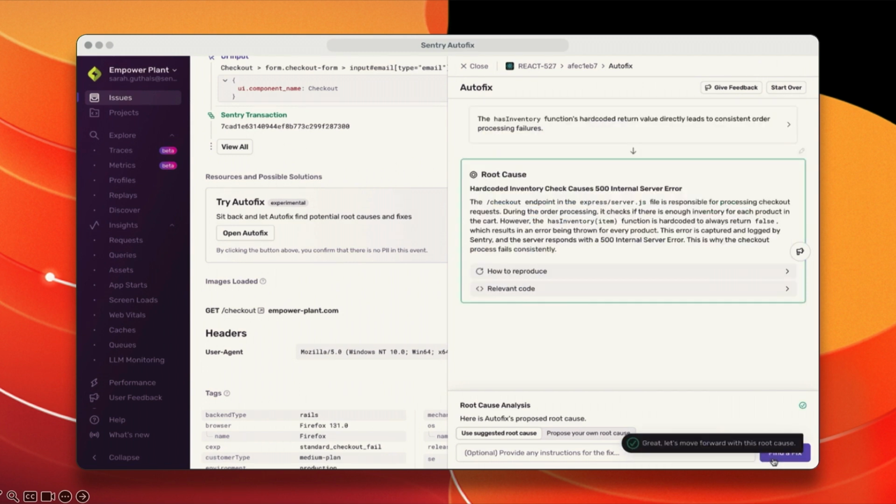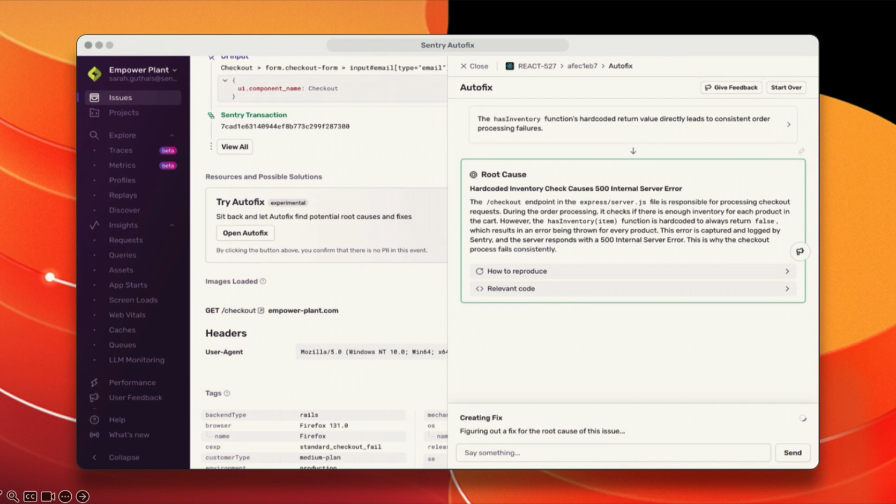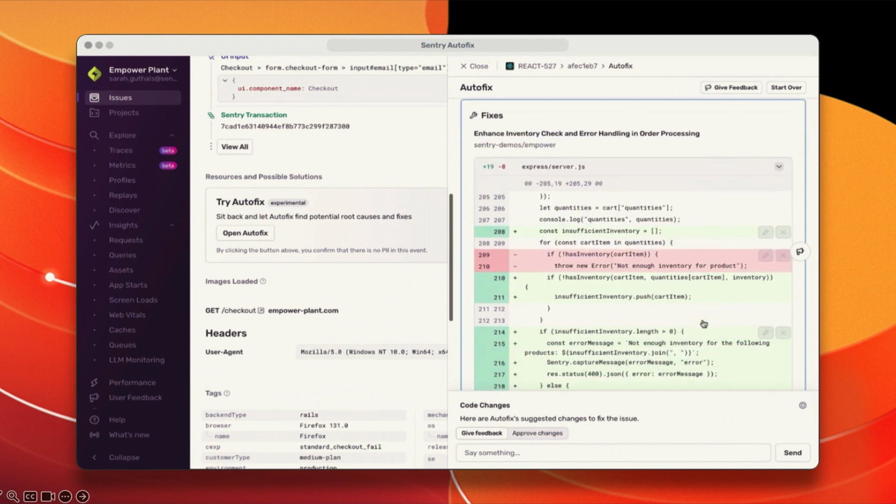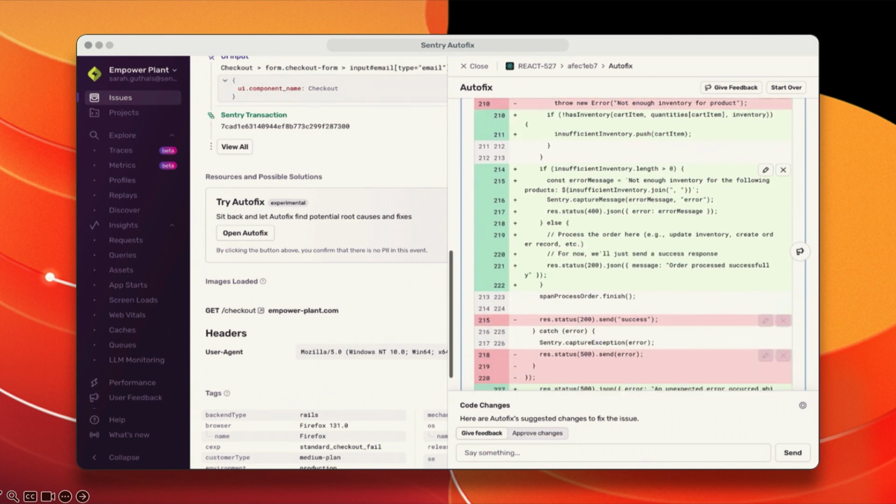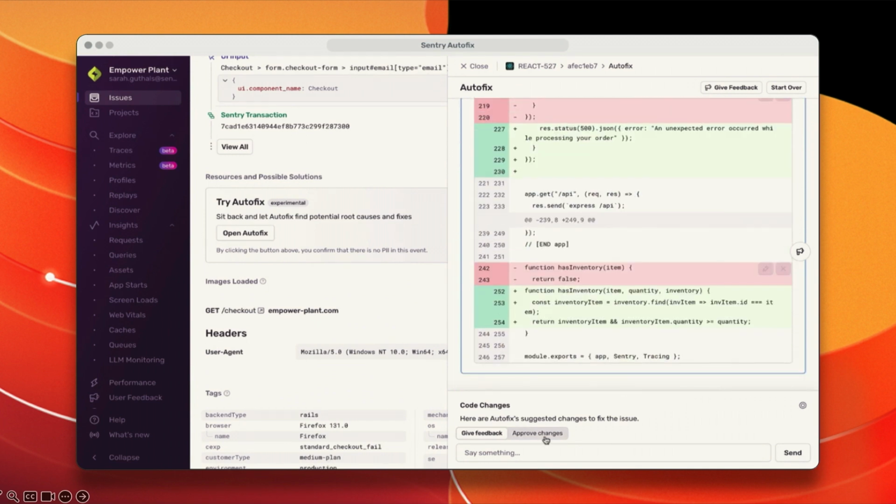So maybe an easy fix, but that's okay. So there's the actual issue. I can just ask Sentry to go ahead and find a fix for this issue. It was hard-coded. It's probably an easy fix, but I don't have time for that right now. So go ahead and generate that for me. Yeah, this looks good. I think that's fine. I'm just going to go ahead and create a PR from right in here. And this will create a PR on GitHub for me. So now that this demo is over, I'll probably merge that PR, and you can go ahead and fix those